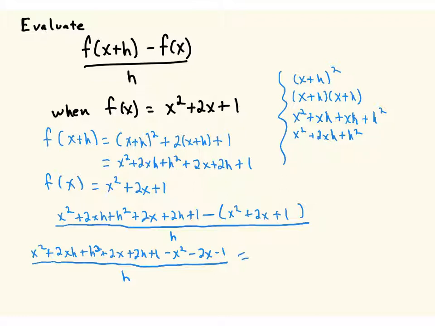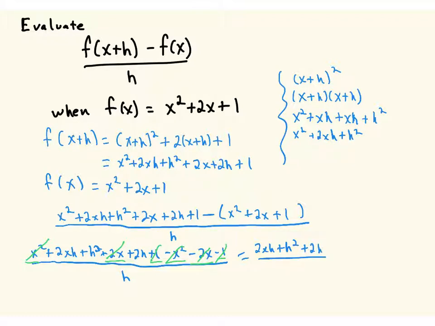And then, if you'll notice, we have some terms we can deal with in the numerator. So the negative x squared and the positive x squared will sum to 0. The 2x and the negative 2x will sum to 0. And the positive 1 and negative 1 will sum to 0. So that will leave us in the numerator a 2xh plus h squared plus 2h